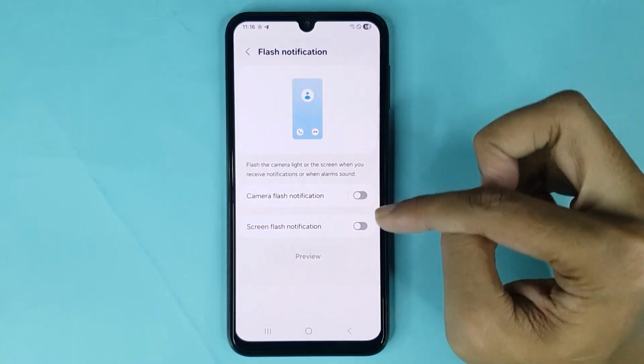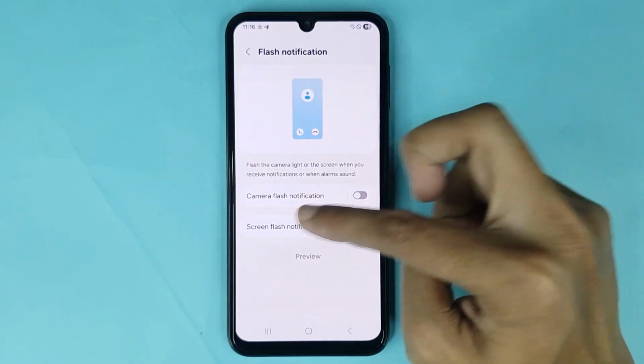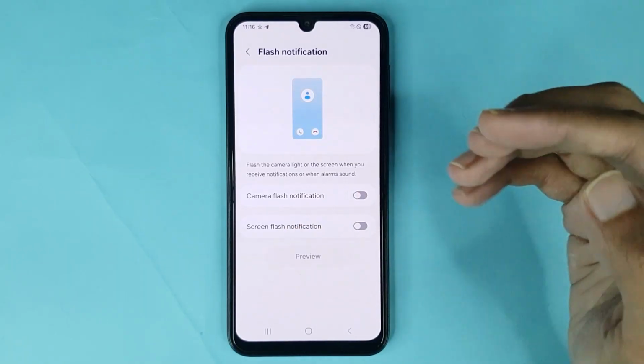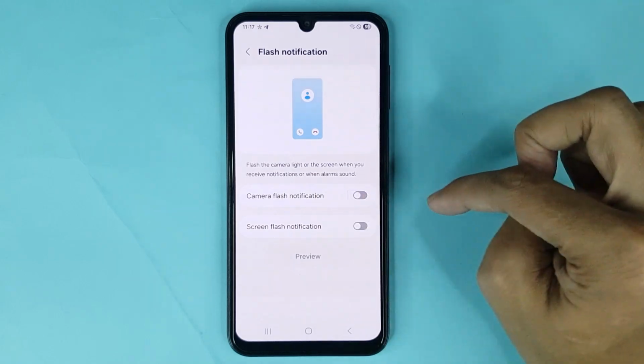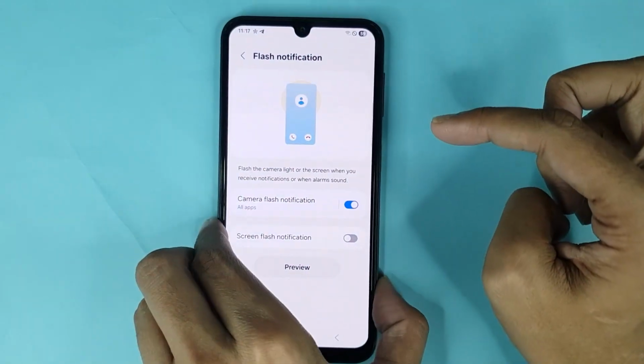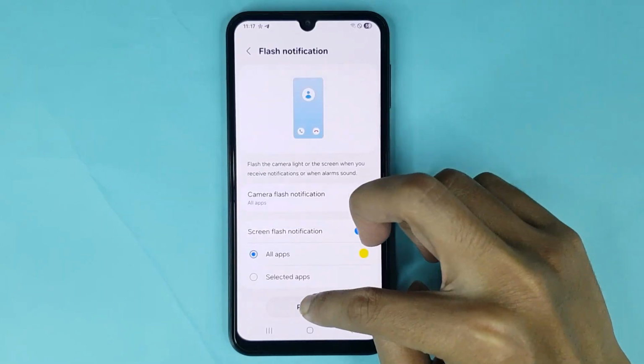And that's it. Here you can see two kinds of flash notification. One is camera flash notification and another is screen flash notification. And you can enable both options from here. At first, if I enable camera flash notification and then tap on preview, you can see the camera flash is flashing. On the other hand, if I enable screen flash notification and then tap on preview, you can see the